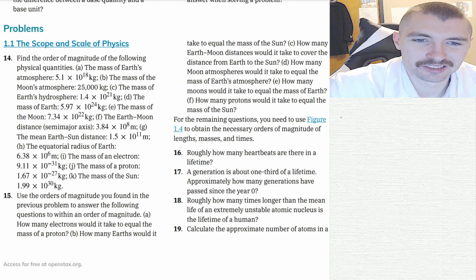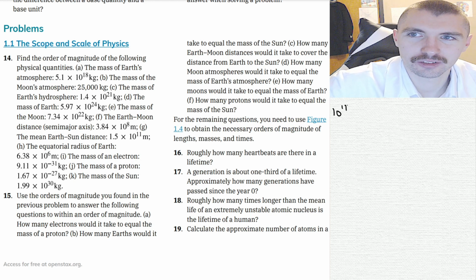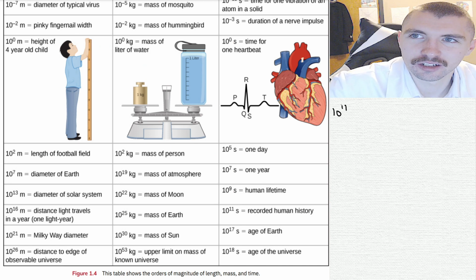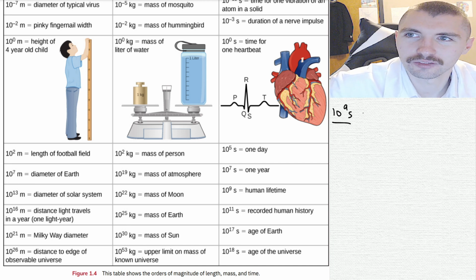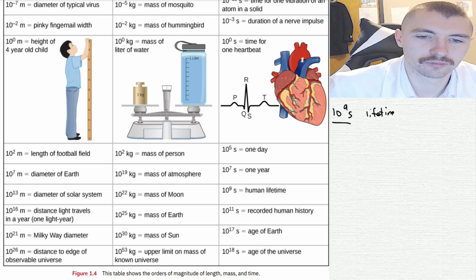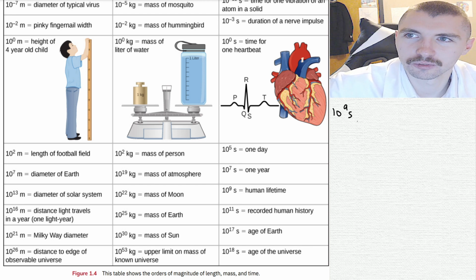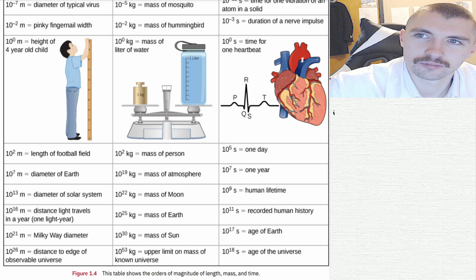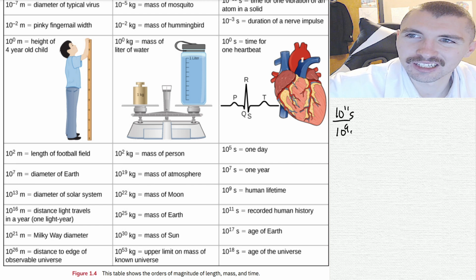So lifetime is what, 10 to the 11 seconds? 10 to the 9, okay. So we're taking, that's a lifetime. And we got this backwards. So we're taking record of human history. All right, we're going to take 10 to the 11 seconds, record of human history, divided by 10 to the 9 seconds, and that's going to be,